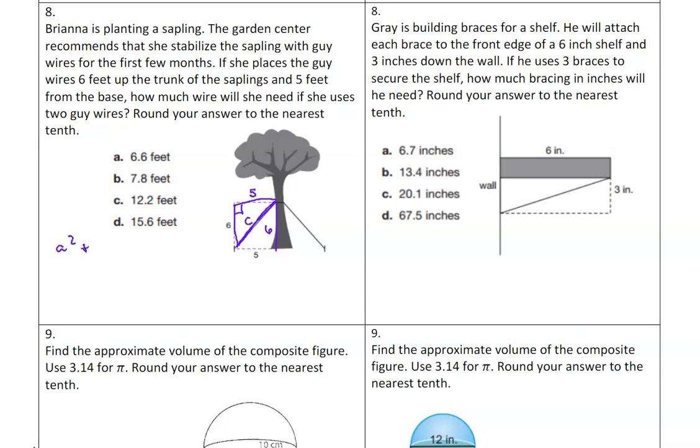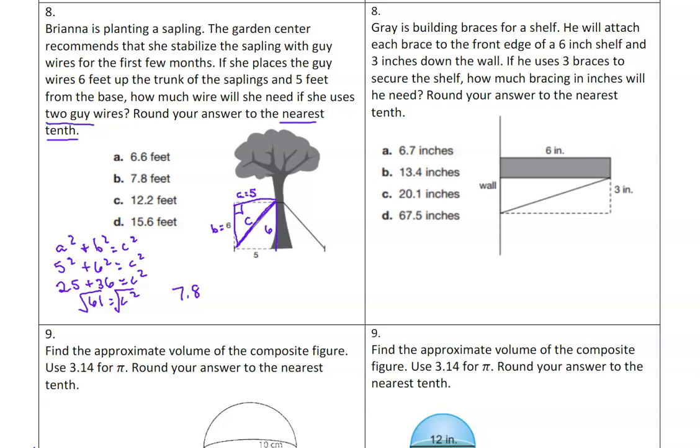So I've got my formula, a squared plus b squared equals c squared. So I'm going to put in these values for A and B. So I have 5 squared plus 6 squared equals c squared. Well, 5 squared is 25, 6 squared is 36. And when I add them together, I will get 61 equals c squared. Now remember, I need to take the square root of that to get c. And when I do, I get that it is about 7.8 because it told me to round to the nearest tenth. Now the thing is, that is an answer choice, but that is not the correct answer choice